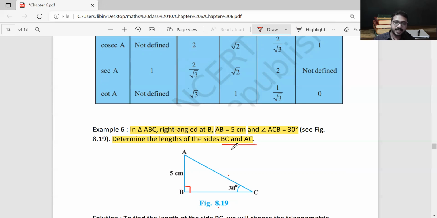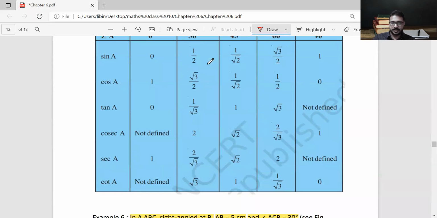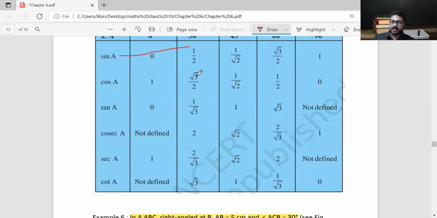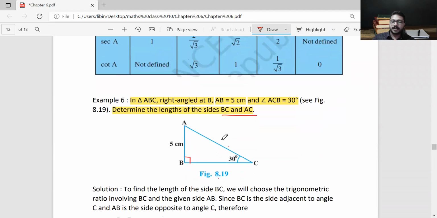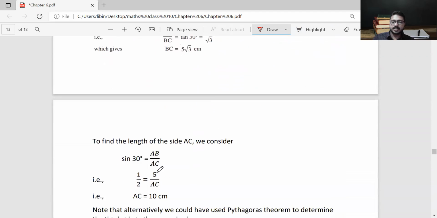Since we are learning these trigonometric ratios for the first time, I will show you now. Sin 30 is 1 by 2. So instead of sin 30, we can write 1 by 2. Sin 30 is equal to 1 by 2, which is equal to 5 divided by AC, and AC is equal to, cross multiplying,